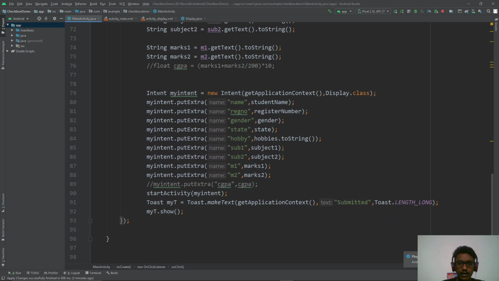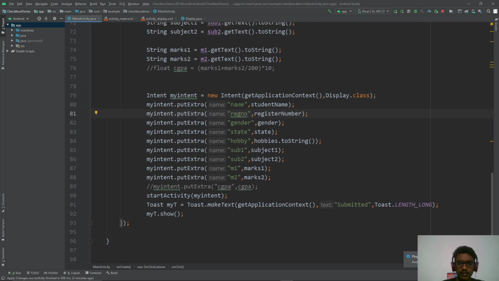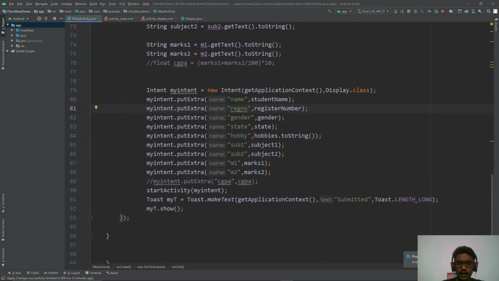After this, we start a new intent, with the application context which you're providing, and the new screen that we want to go into. Since this file is called display.java, here we have to type display.class. Then we insert all the data that we have collected up here. And this is the key.